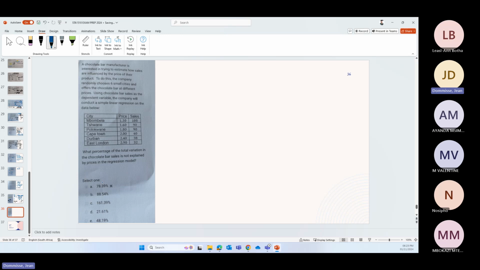hopefully, for this one, again, I don't think you will get something like this in the exam, but you now need to have a calculator that allows you to put in X and Y. There's no other way of doing it except for the X and Y, because again, if we look at, let's just quickly see,